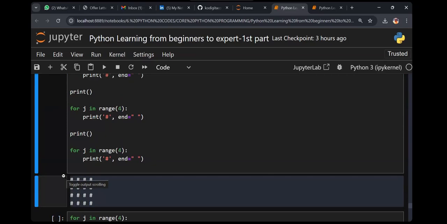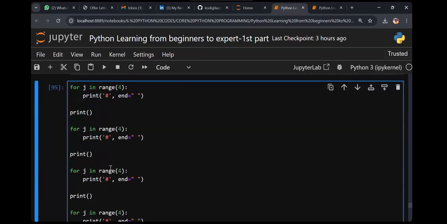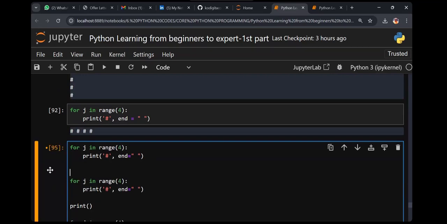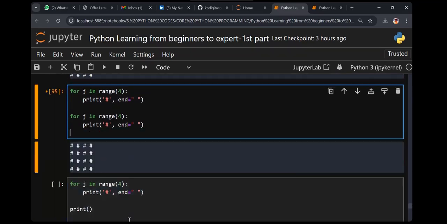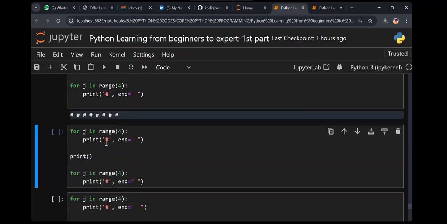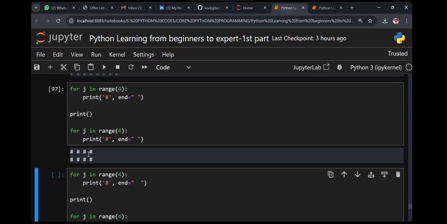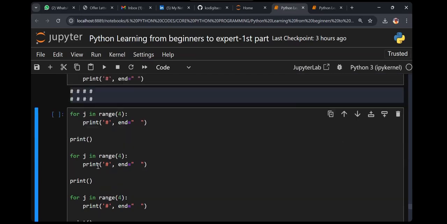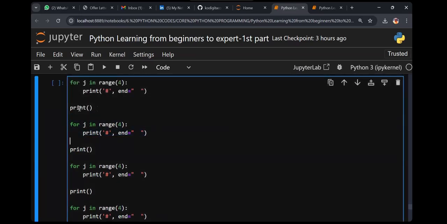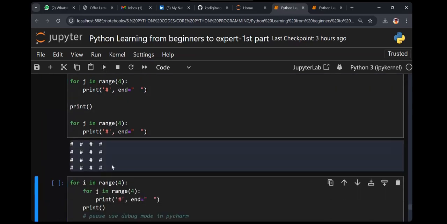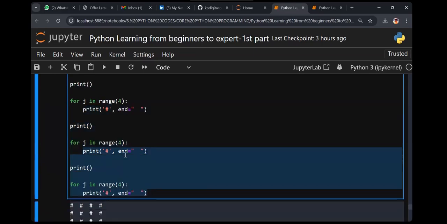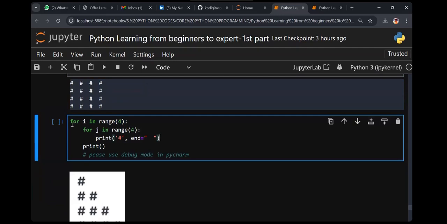Clear? So what I'm doing right now, this is one way without print. If I do this, execute, and we got this. But here, with the same code and print done, what happened? 2 rows with hash 4. But I can also do it like this. Copy, paste, print means what? Print next line or not? So just go and check. Is this my output or not? But here the code is too long. That's why we can use nested for.